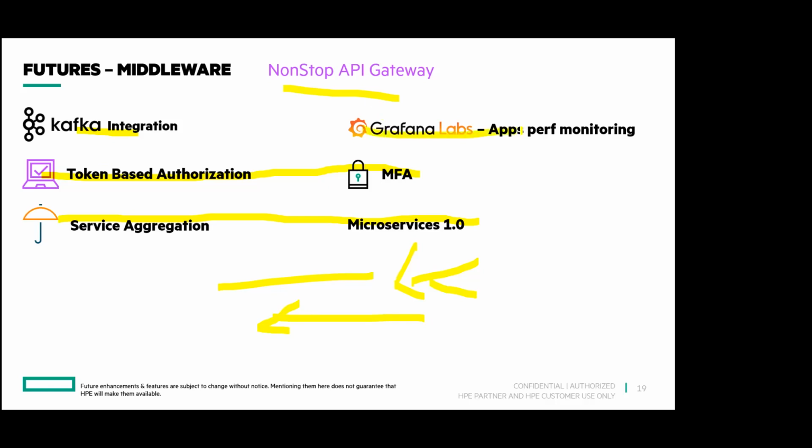And we are going to support integrating with Grafana Labs. Grafana Labs, I see, is a very popular and very powerful tool for performance monitoring and performance profiling of your applications. So you run those applications along with API Gateway, then attach to Grafana Labs and see how to troubleshoot the performance bottleneck. So these are the main features, apart from some scalability improvements, etc., that we always do for every release. So this is API Gateway.